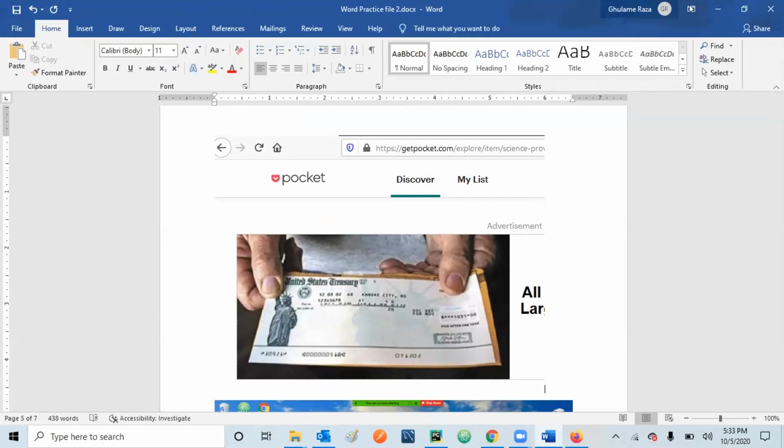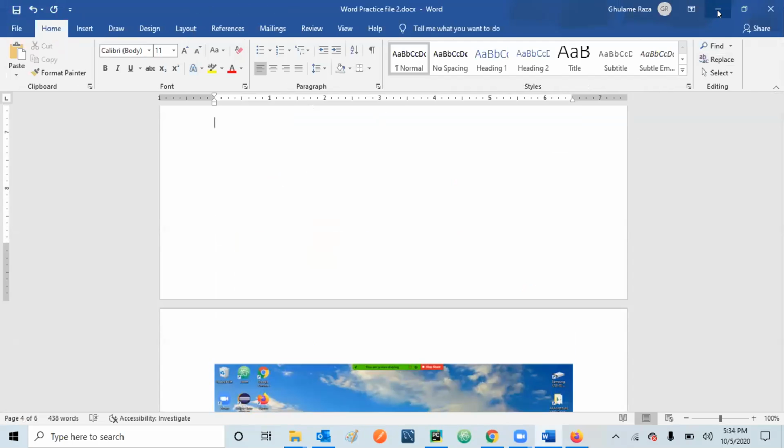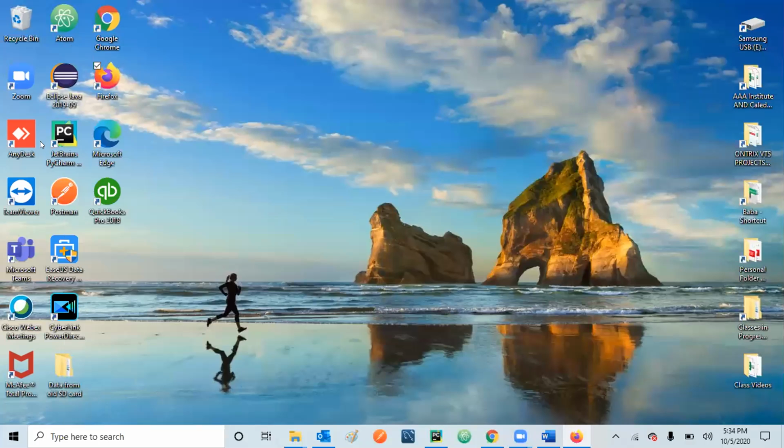I should just show you one more thing. Sometimes, let me first delete it. Let's say I have a lot of things on my desktop. I don't want to bring the entire desktop. I just want to show that I have only these items on my desktop. How can I do the screen clipping? I can just simply